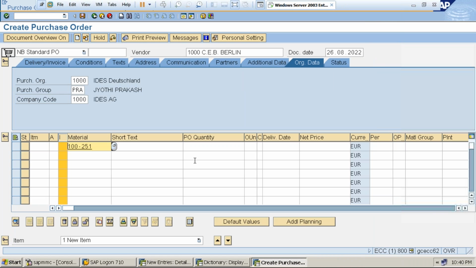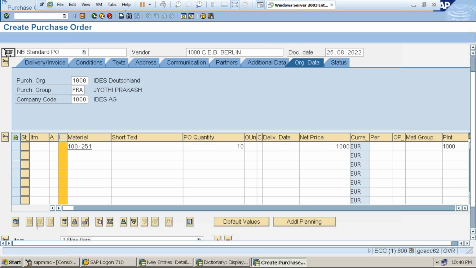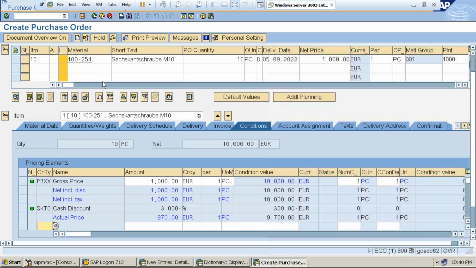Okay. So the PO quantity is 10 and the price let's say 1000. And the plant is 1000. This whole combination is meeting, right? How? Because we have created four characteristics. What are those characteristics? Plant,